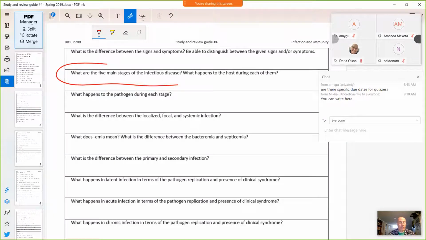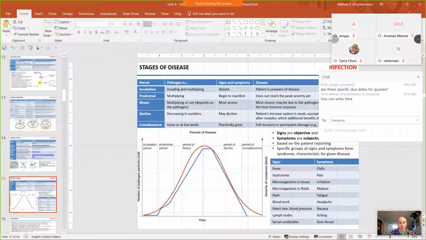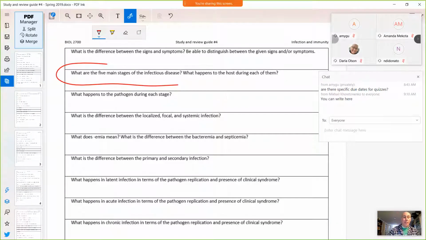So this graph that you can see here is pretty applicable to the coronavirus, but you have to appreciate that for some infections, it's not true, okay? Meaning that you can have all the replication happening in the very beginning, and then when disease happens, the virus is practically gone, or the bacteria is practically gone.